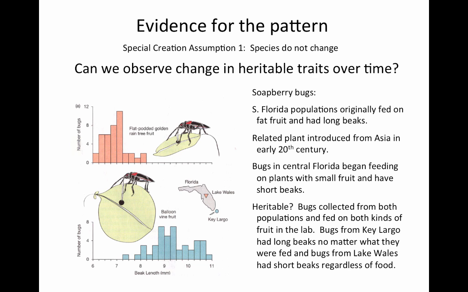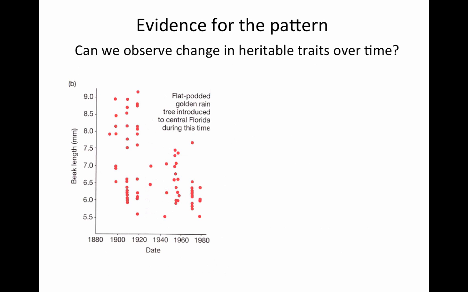Soapberry bugs from the Key Largo population had longer beaks regardless of whether they were fed balloon vine or golden rain tree pods, and ones from the Lake Wales population had shorter beaks regardless of which fruit they were fed on. So this is clearly a heritable trait. And so the graph you're seeing here is measurements from museum specimens from collections at different points in history in Florida, with beak length plotted on the y-axis and the date at which the bugs were collected on the x-axis. And you can see